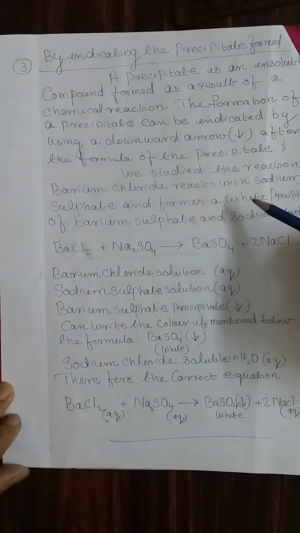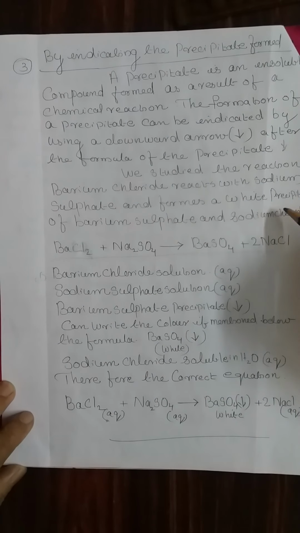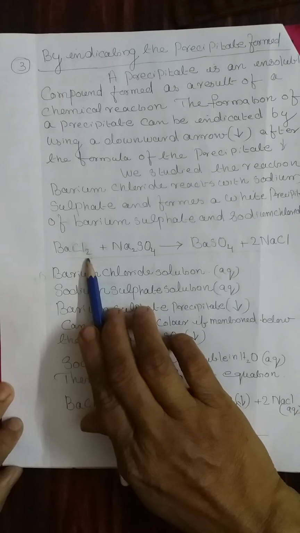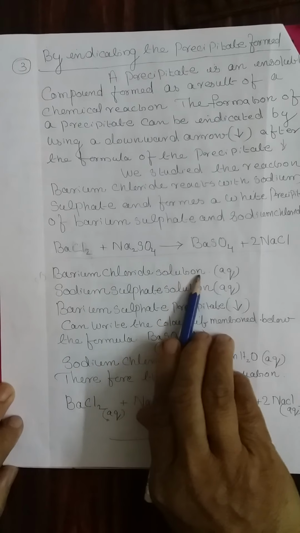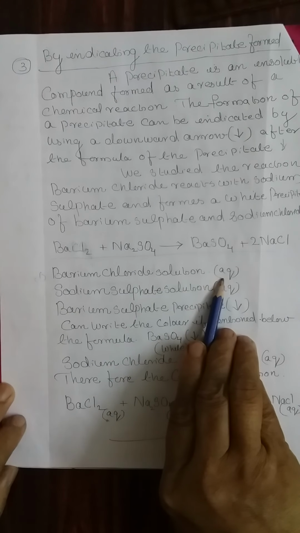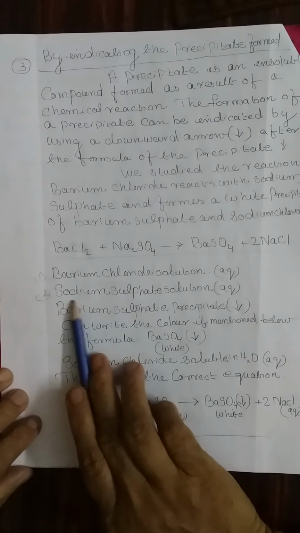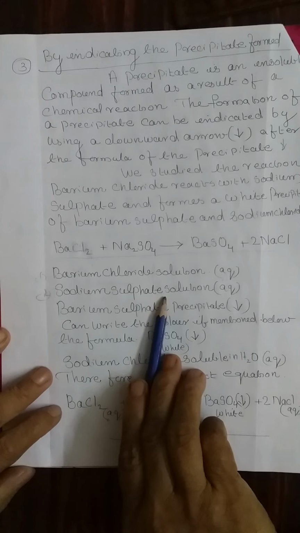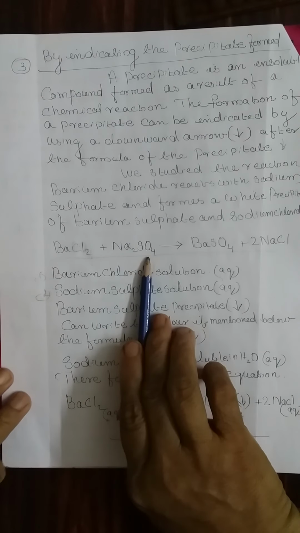barium chloride is a soluble substance and it is reactive only when it is in the solution form. The reaction is very fast. Therefore, remember this barium chloride solution is prepared in water, therefore you have to write AQ. Similarly, the second one: sodium sulfate is a soluble substance in water. Therefore, sodium sulfate is prepared by dissolving solid sodium sulfate in water. Therefore, that is also a solution.